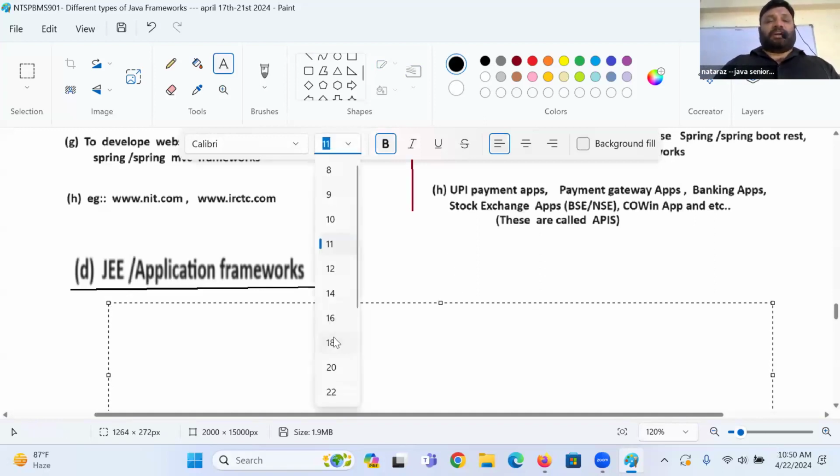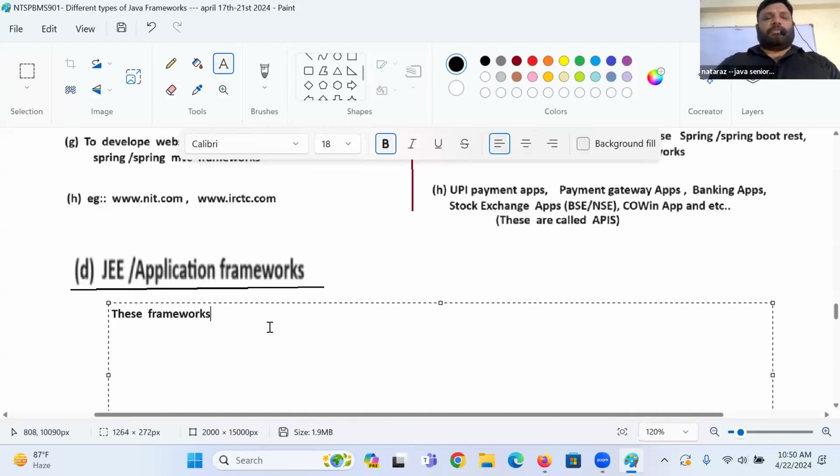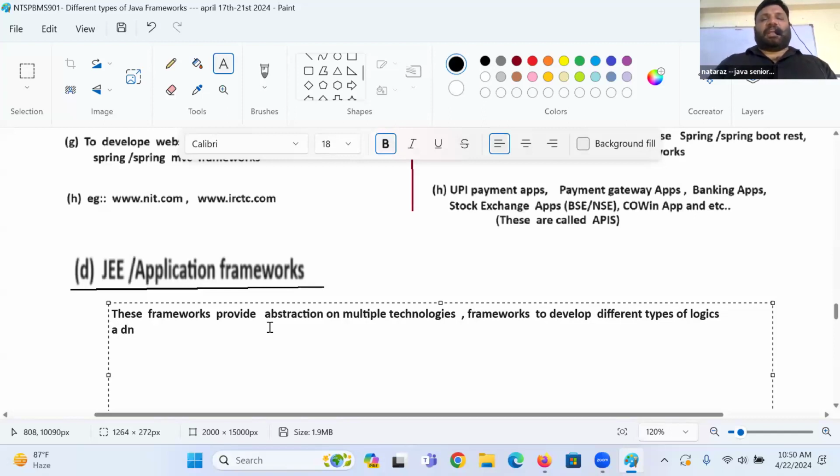These frameworks provide abstraction on multiple technologies and frameworks to develop different types of logics and different types of applications.